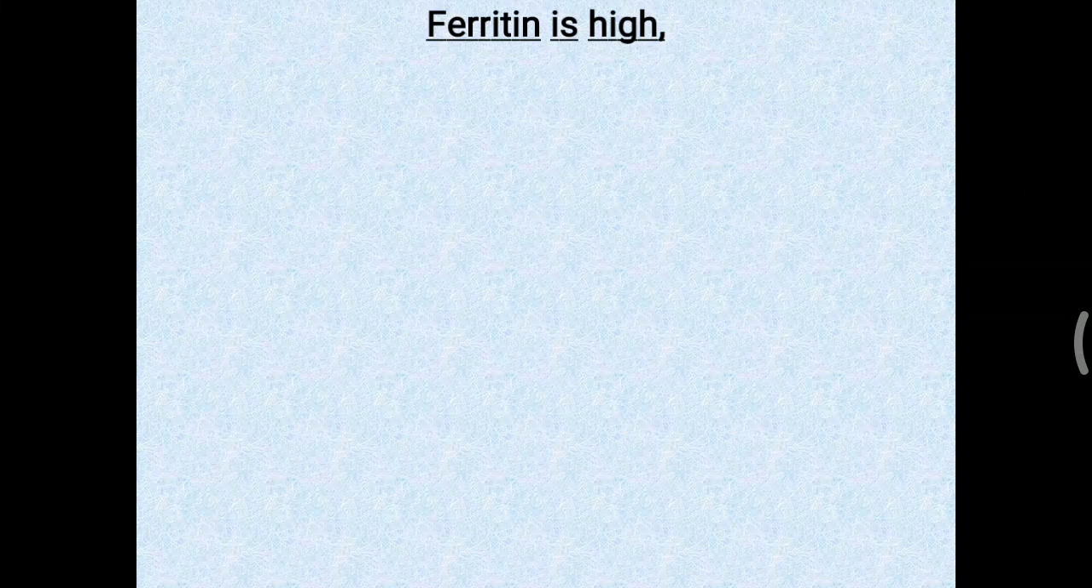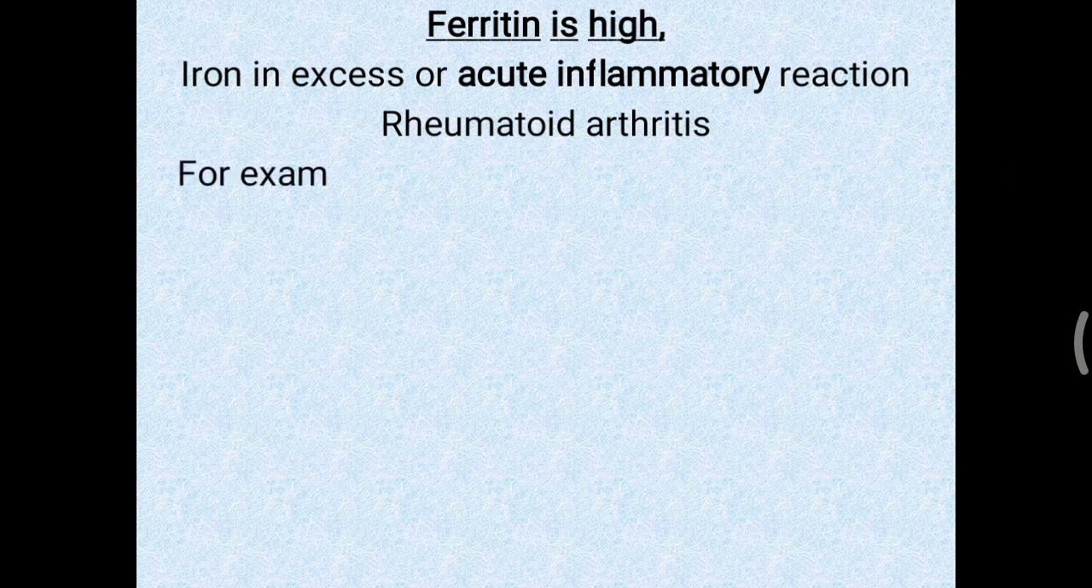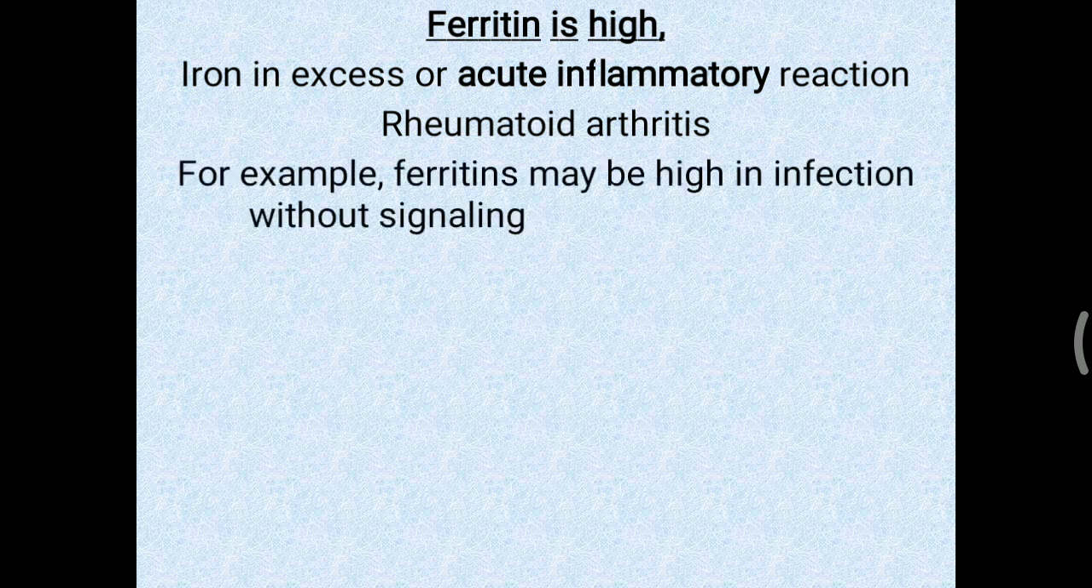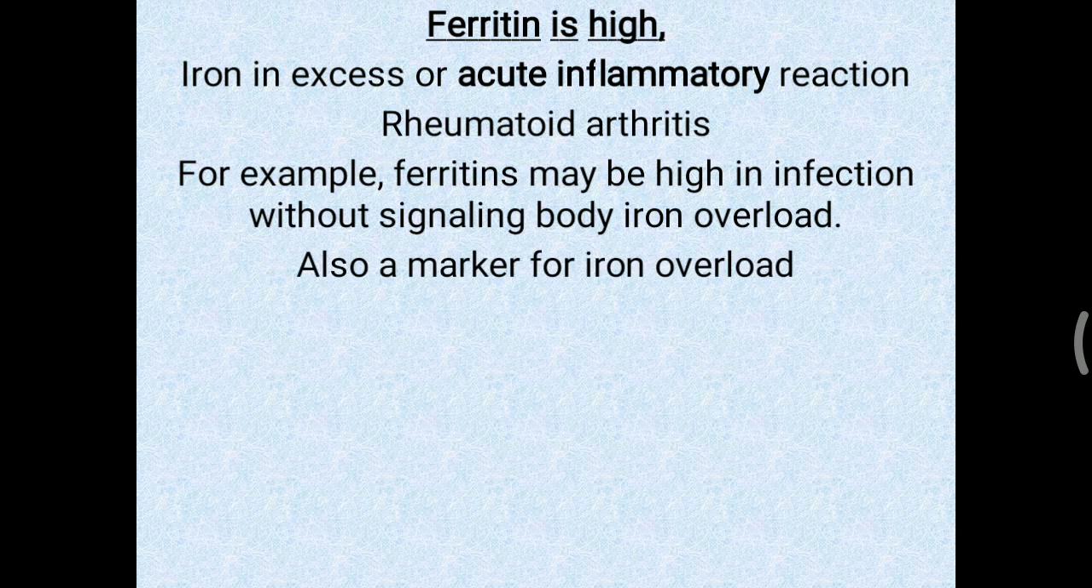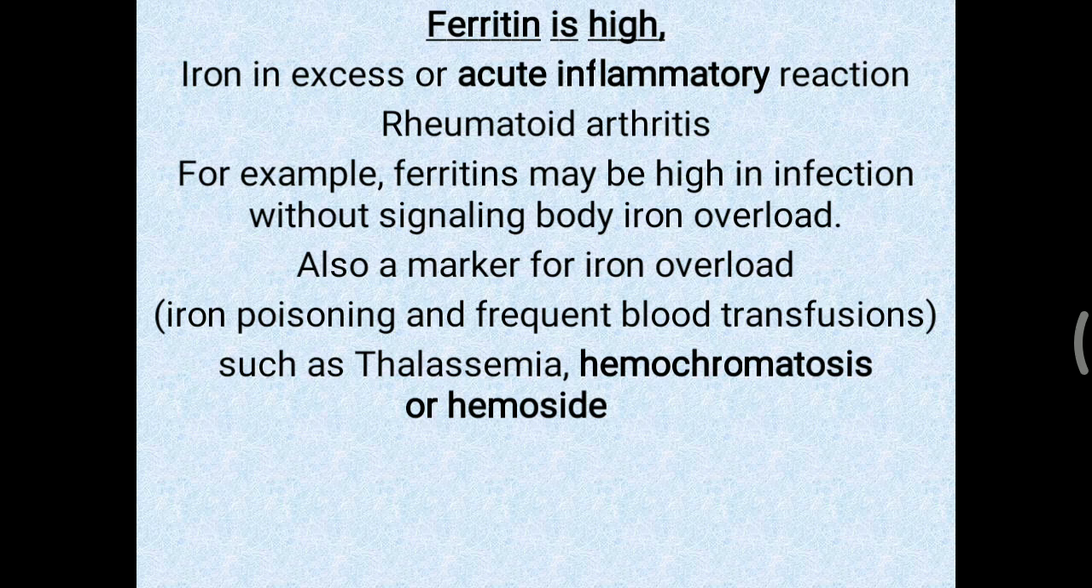Next, when ferritin level is high, it is mainly due to iron in excess or an acute inflammatory condition. One of the conditions is rheumatoid arthritis. For example, ferritin may be high in infection without signaling body iron overload. So apart from iron overload, you have to take care about any inflammation or inflammatory condition. It is also a marker of iron overload. Iron poisoning and frequent blood transfusion, as well as thalassemia, hemochromatosis or hemosiderosis, also show a high ferritin level. Some porphyria and